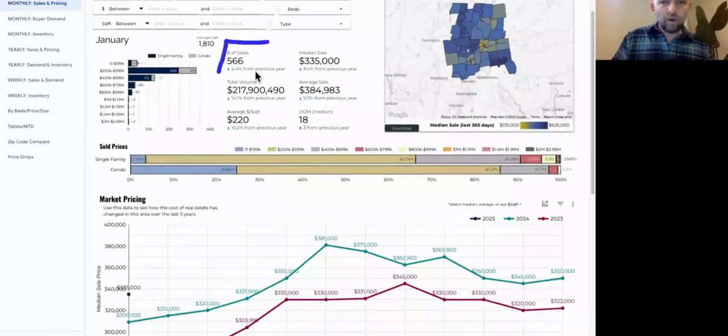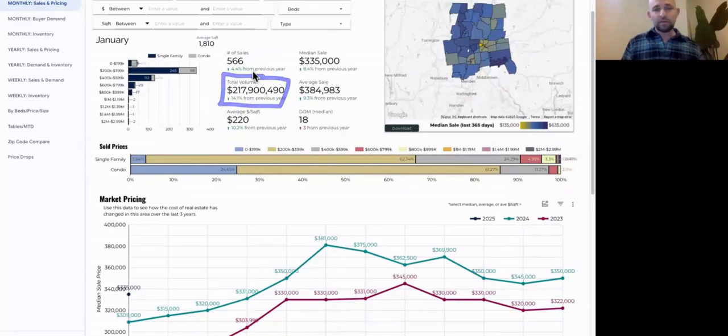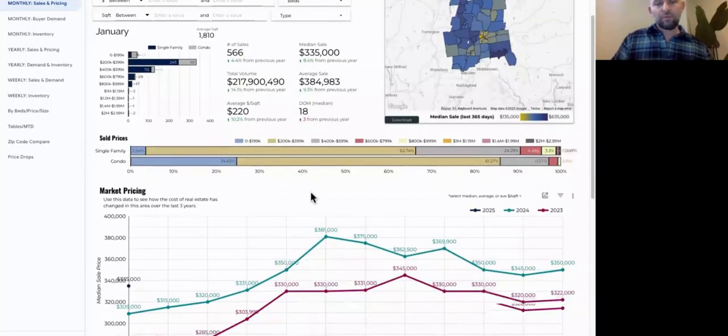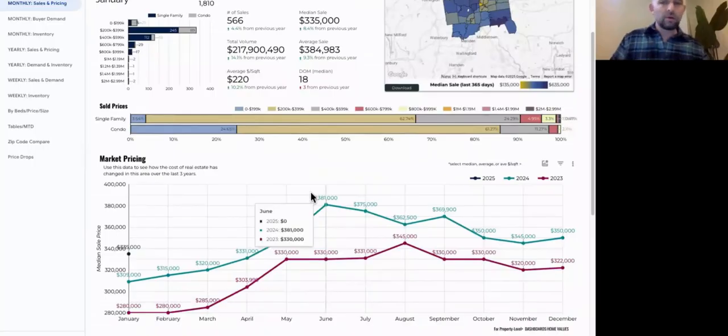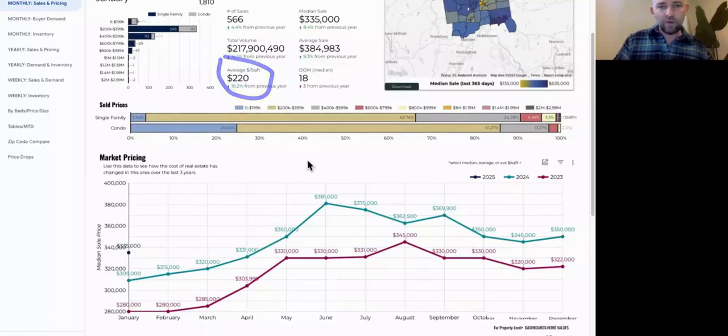So we can see in January, for example, in Harford County, we were up 5% from last year. Commission dollars were up 14%. So that's a really good number to get the team excited. And then in terms of pricing, which is what everybody's talking about there with their clients, you've got an 8% year over year increase, and even 10% if we're looking at price per square foot right there.